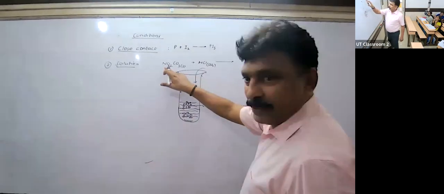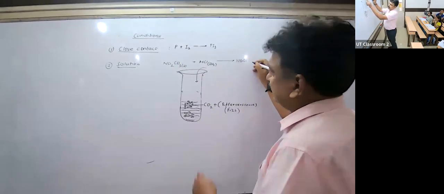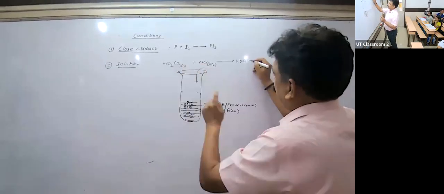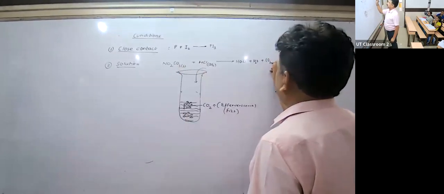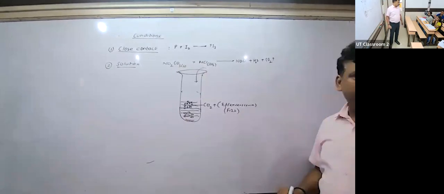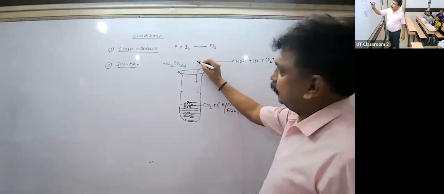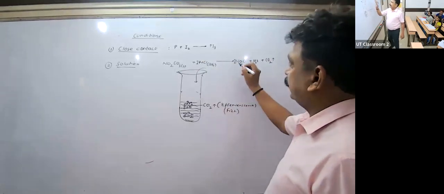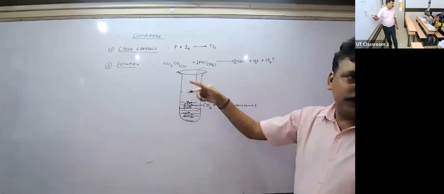This Na will combine with Cl to give you what? NaCl. This hydrogen will combine with this oxygen to give you water. This carbonate becomes what? Carbon dioxide. So here you will find that there are two hydrogens, so here you will write two NaCl, balanced. So here you can see that in solution Na2CO3 reacts.